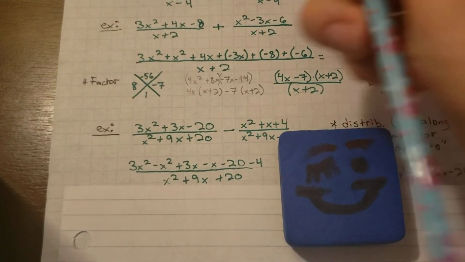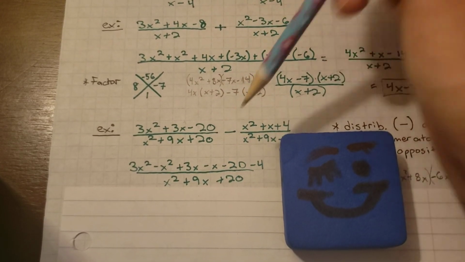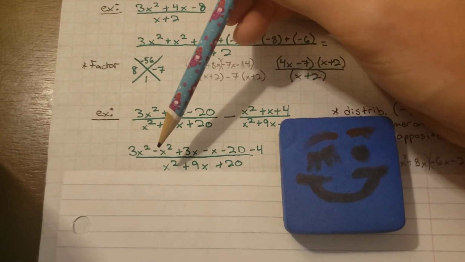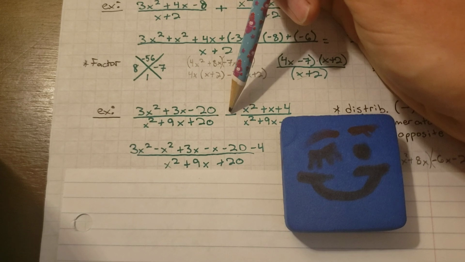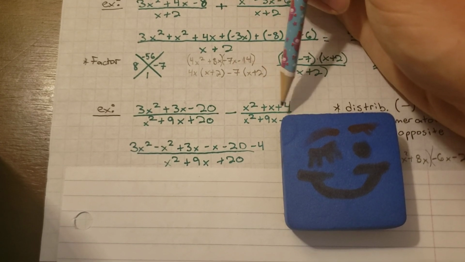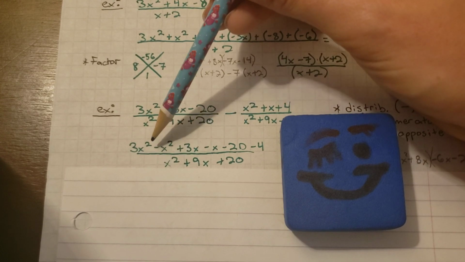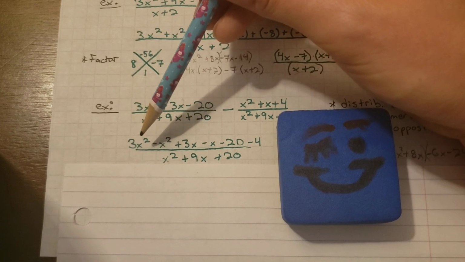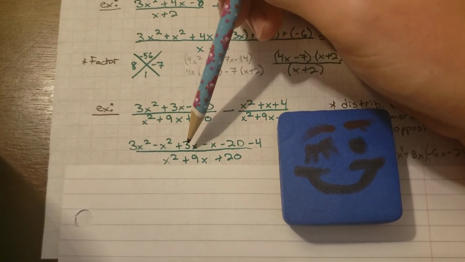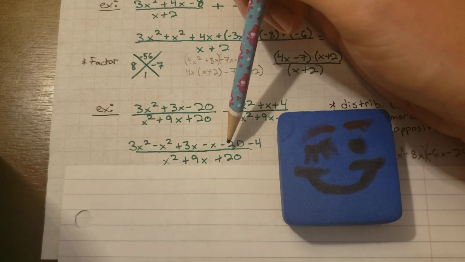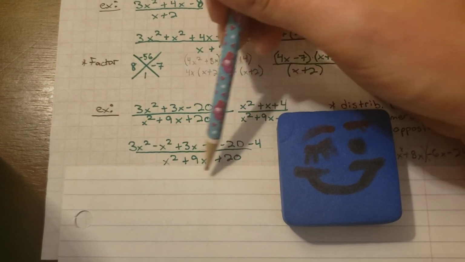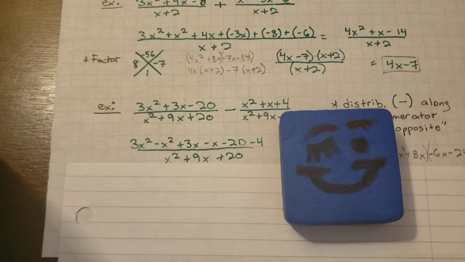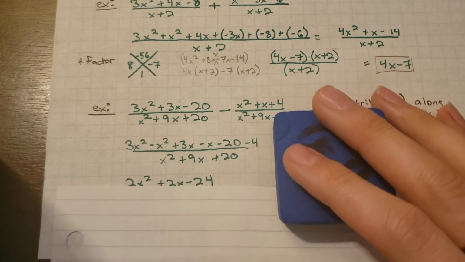So I've kept it with its negative sign. But if you want, you can change this to positive and then negative, negative, negative, and then you would just be adding these as negatives. Whatever works best for you. You end up at the same place. 3x squared minus x squared plus 3x minus x minus 20 minus 4 all over x squared plus 9x plus 20. Okay, now this time I worked it vertically